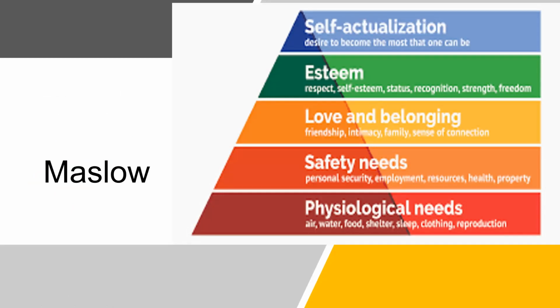What did Maslow say? Maslow said that human needs are in different strata. The very first of human needs are physiological. What does physiological mean? It means very basic. Look at those who are fighting the war in Ukraine, for instance, in Yemen or in Somalia. There are quite a lot of issues all around the world.